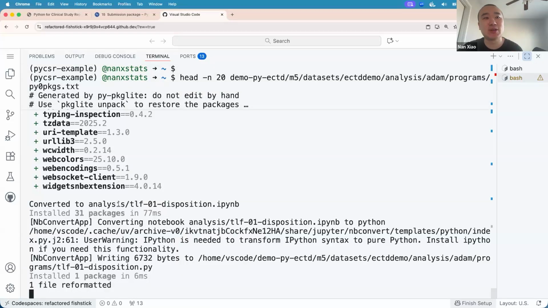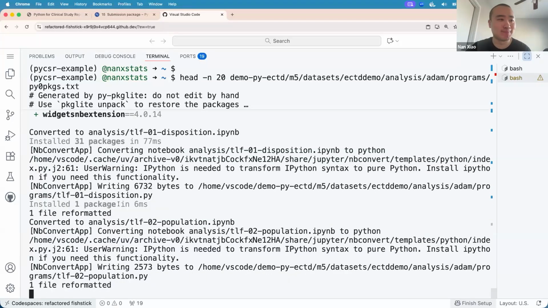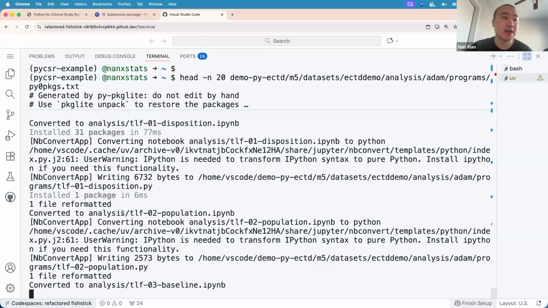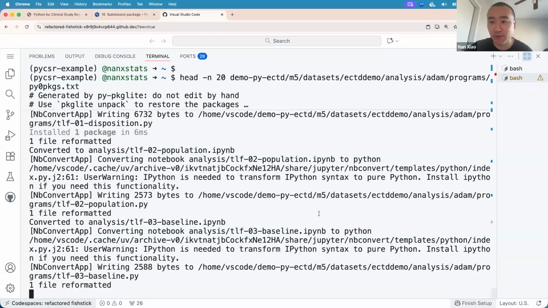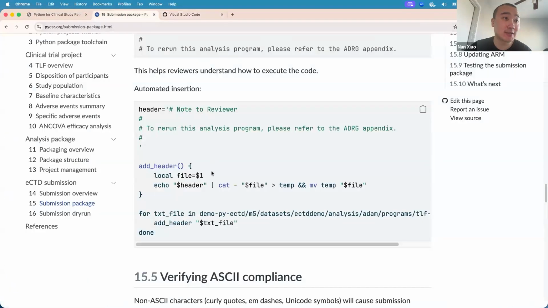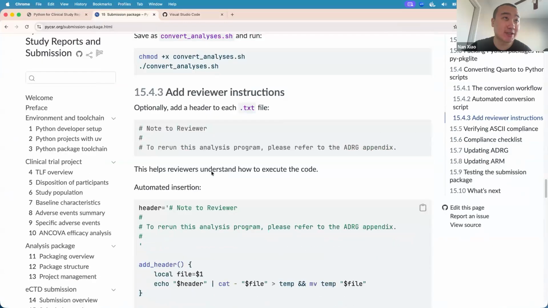Converting each of the Quarto documents into a certain format, and using nbconvert to extract all the specific Python code blocks from the documents, and eventually have a standard formatter such as ruff format to format the extracted code. Yeah, so that's working. Let's go to the next section.